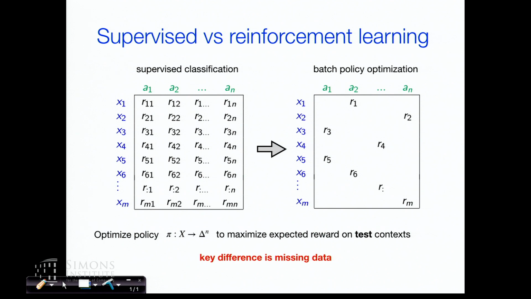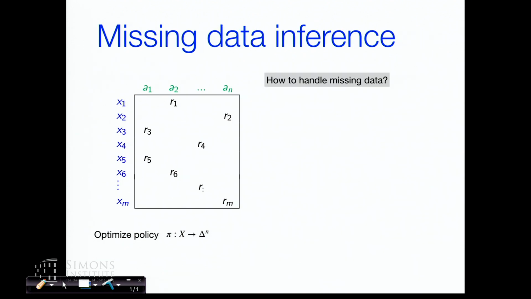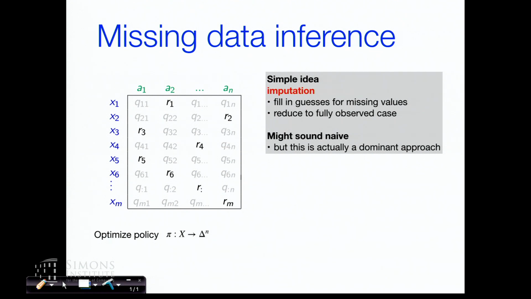And from where I'm sitting, the answer is kind of depressing. Mostly what I'm seeing is, let's start out with very trivial strategies. One way to deal with missing data is imputation. You can imagine you have a model, maybe you've trained it somehow, and you simply use the model to fill in guesses for all the rewards you haven't seen. Reduce the problem to a fully observed problem and then deploy whatever previous techniques and theories we already had